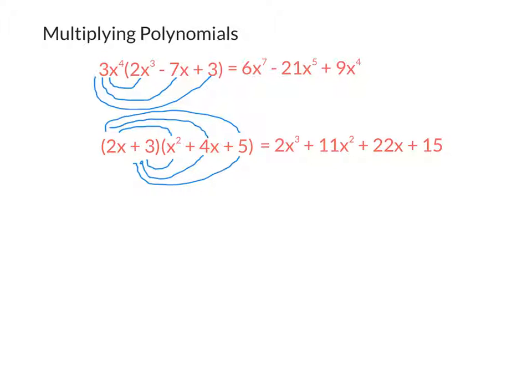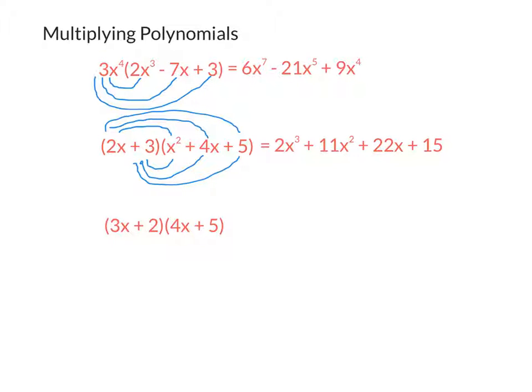So now let's look at one last example of multiplying polynomials, and this is sort of a special case. So now we are multiplying two binomials. Now, one way we can do this is we can follow the same procedure we did up above when we had a binomial multiplied by a trinomial. But the other way is to think of this as the multiplication of two binomials by using the FOIL method,